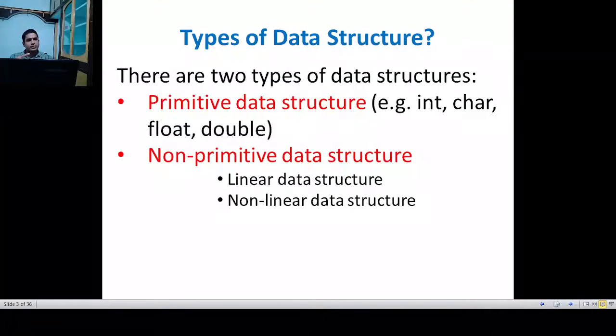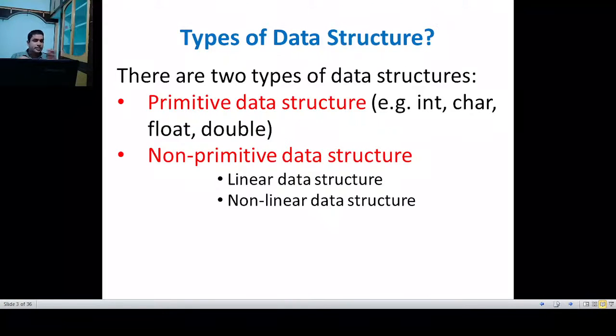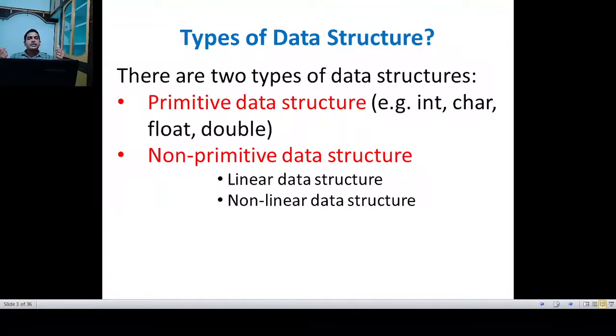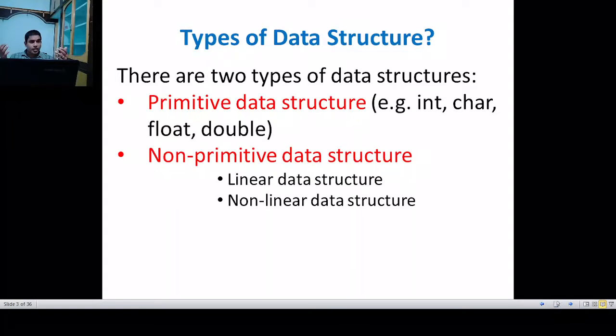Linear data structure means the data structure in which the elements are connected in a one-to-one manner. That is, one element is connected to another element only. That is linear. In a non-linear data structure, one element may be connected to many elements, right? So in a one-to-many or many-to-many manner, the non-linear data structure arranges the elements in the memory.